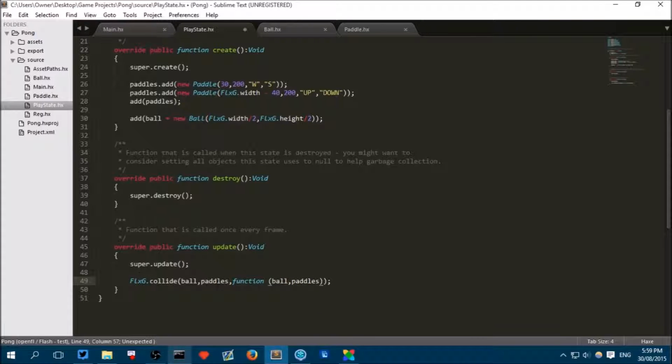So we're passing in a function to the collide method, which is saying when the ball collides with the paddle, call this function. So we're actually writing a function inside the argument. Remember to put the closing curly bracket. Now, if we run this now,